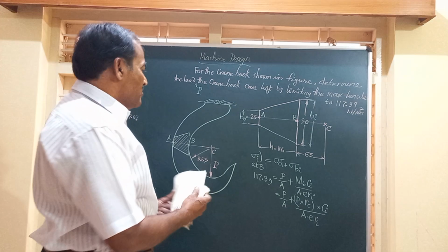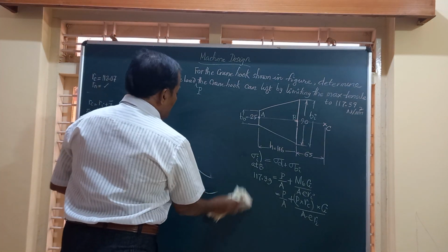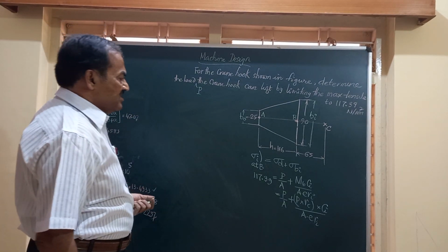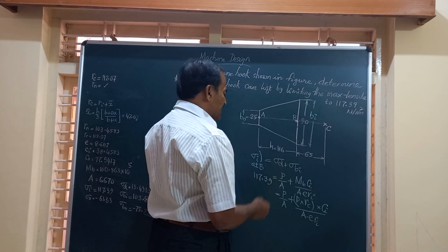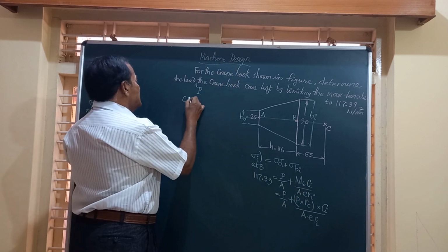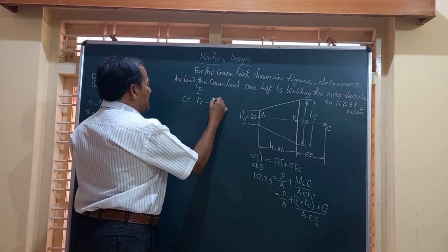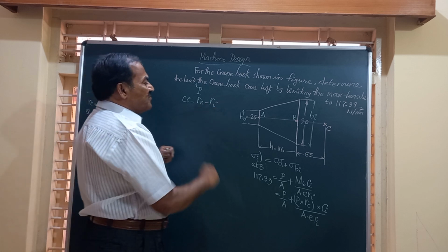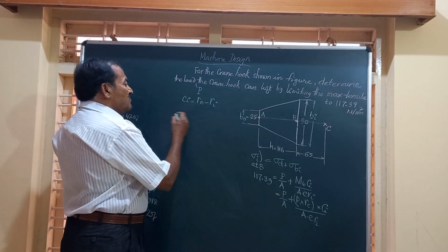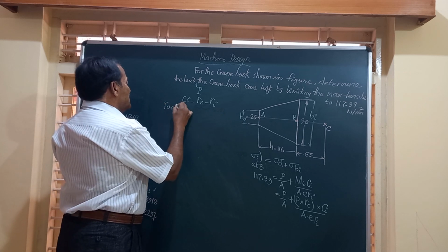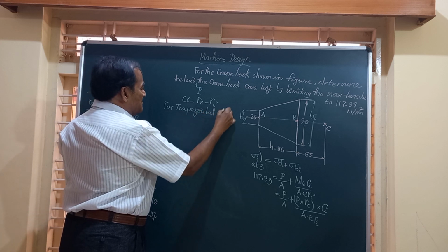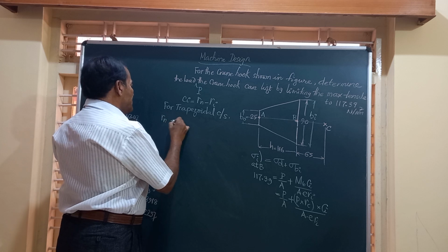Friends, for this, we will have to find the various parameters such as the value of C I. In all problems on crane hook, you have to find the value of C I, so we'll start from there. C I is equal to R n minus R i. So you should know the value of R n. Only when you know R n, you can find the value of C I. For a trapezoidal cross section, we have R n given by the formula